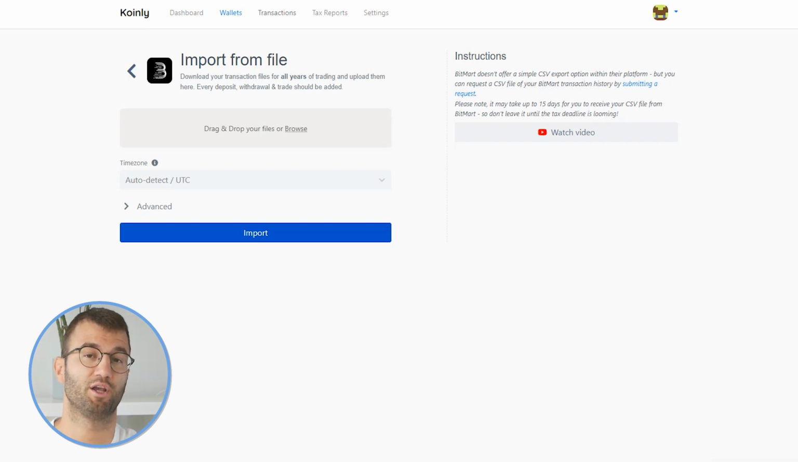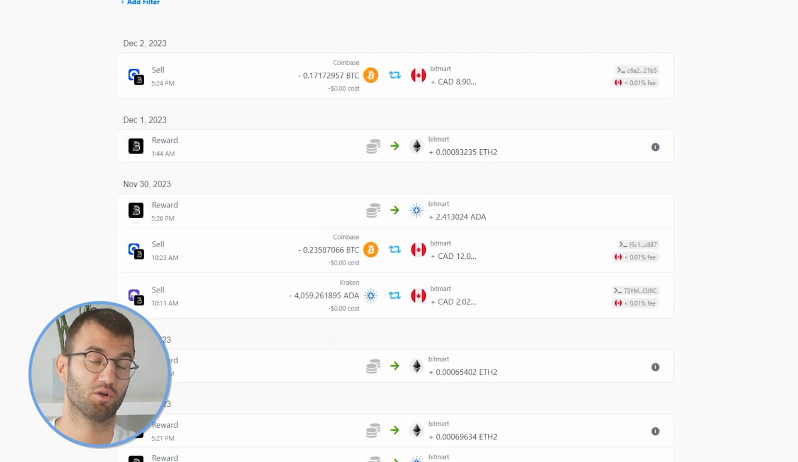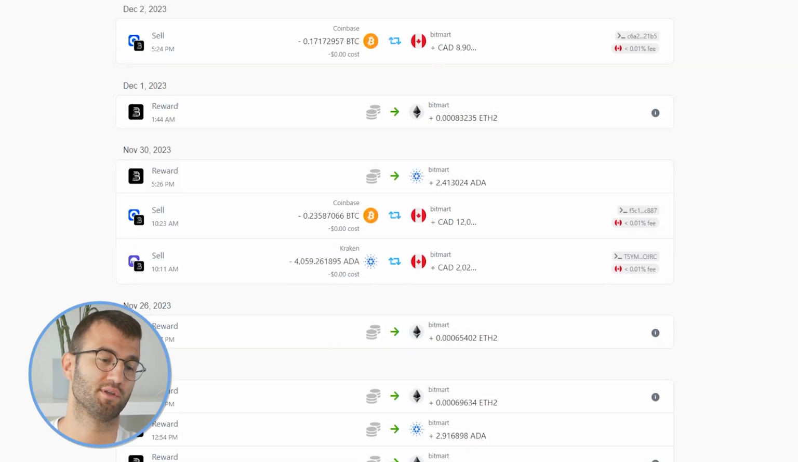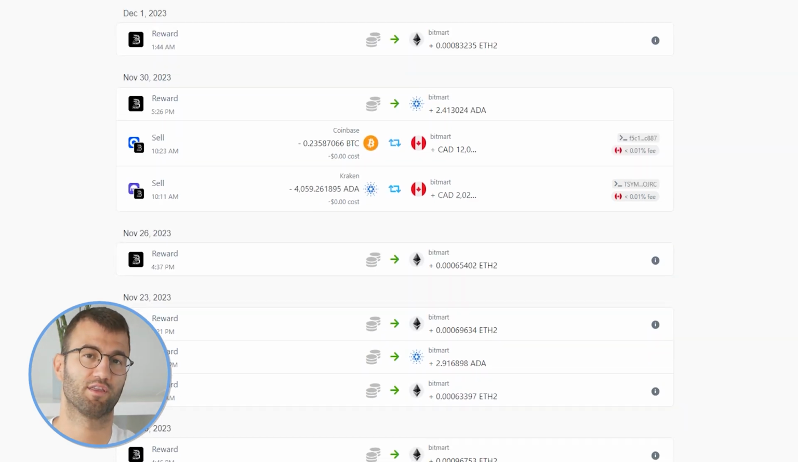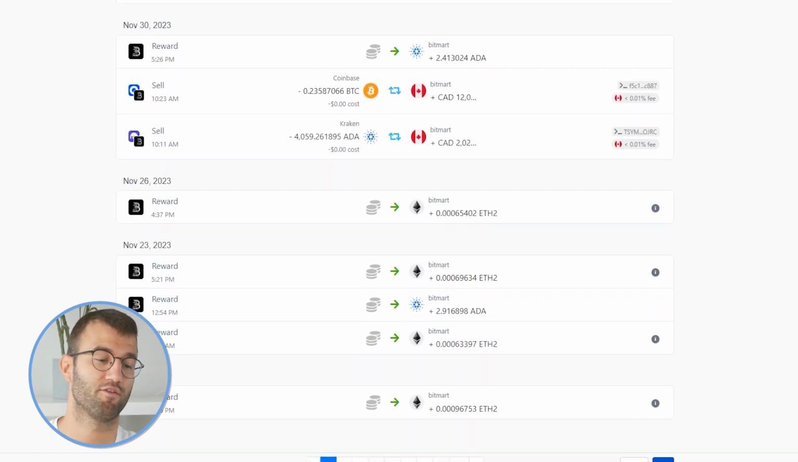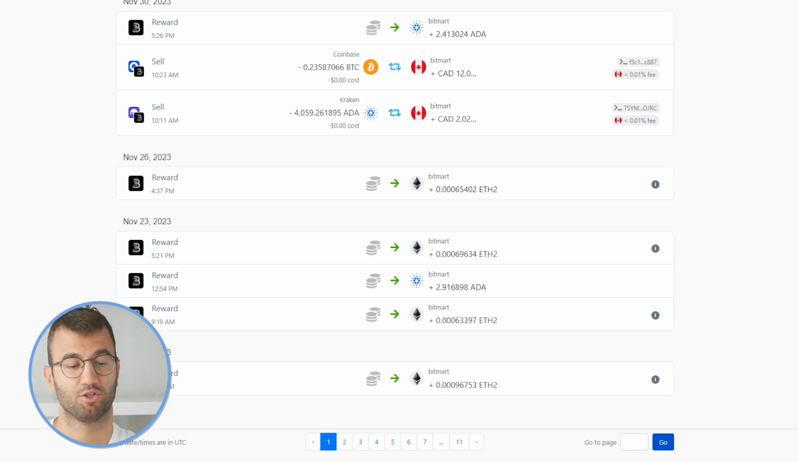Once you get that file, make sure you have your entire transaction history, then simply drag and drop it in Koinly, click import, and there you have it. And once your transactions have been imported, regardless of which method you use, head over to the transactions tab and just double check, make sure everything is sitting correctly with you. If you have any types of staking transactions, just make sure those are tagged correctly,